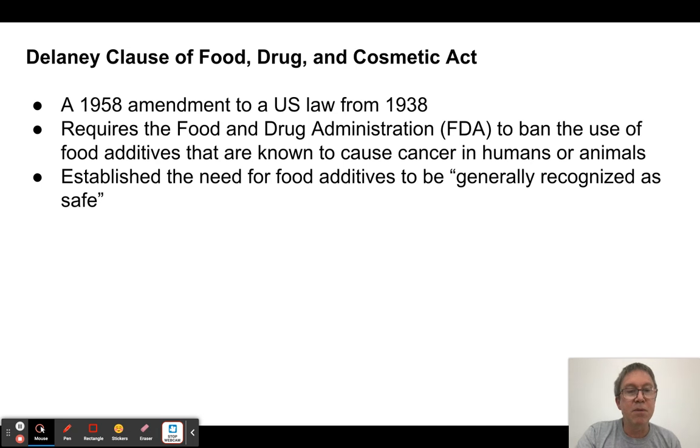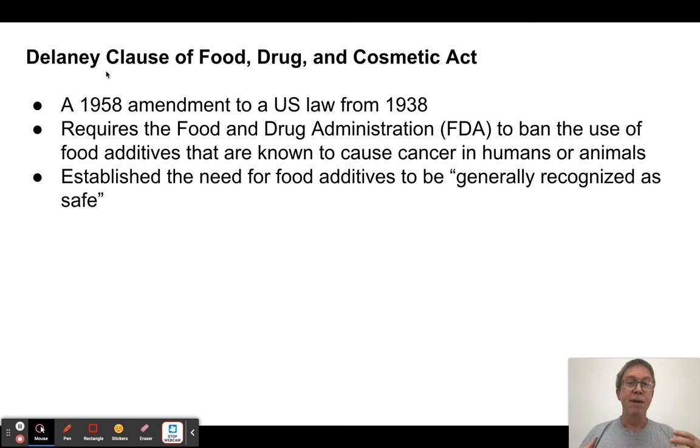Now, here's what you're going to remember about this. This is about cancer. Basically, this says the Food and Drug Administration, so not the EPA in this case, allows them to ban the use of any kind of additive to a food that might cause harm to humans, specifically carcinogens, things that might cause cancer in either humans or animals. So the way I remember it is Delaney, look at this, Delaney died of cancer. Okay, Delaney died of cancer. That's how I remember it, okay?